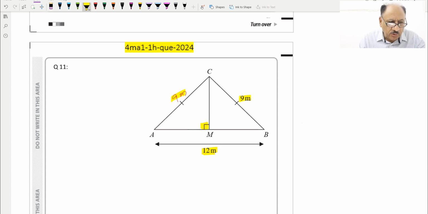Lewis is going to buy lengths of wood to make the roof support. The wood cost is 21.50 euros per meter. Each length of wood he buys has to be a whole number of meters. So it cannot be decimal. We'll have to consider the complete length. Work out the total cost of the wood Lewis needs to buy. Show your working. So first of all, we need to find